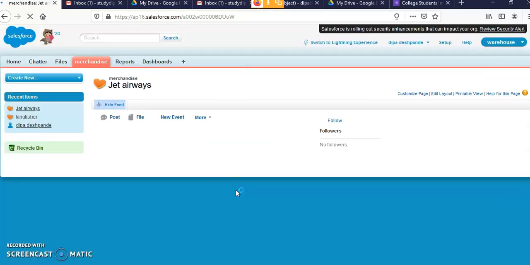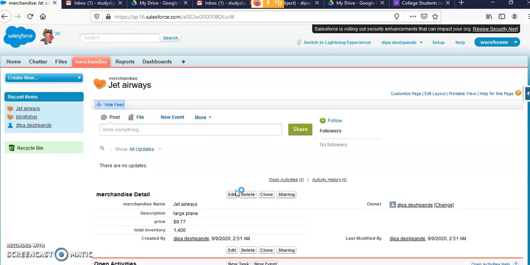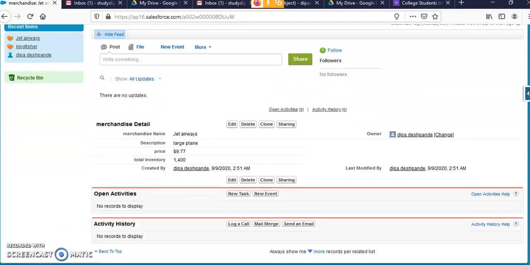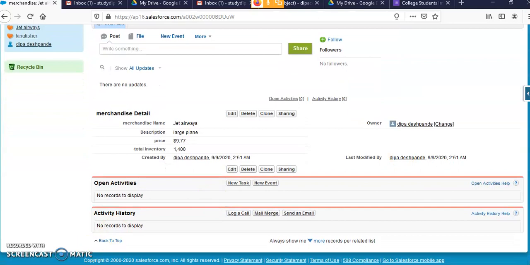So this is the way we can create and add a record. In this way, in the first tutorial we saw how to create a warehouse app using Salesforce.com. Thank you.